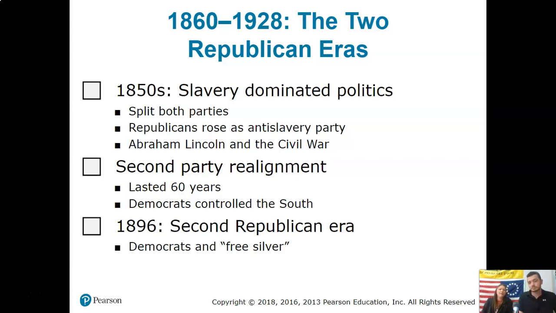Okay, and so then we get to 1896, and we have a second Republican era. I don't know what free silver even means. The Democrats wanted the free coinage of silver to make money less valuable. So basically, if you took out a loan, you would be able to pay your money back with dollars that were less valuable. So you literally have more money. When you have loans with a high interest rate and a high inflation rate, you're paying your money back with less money than they took out. That's what free silver is about.